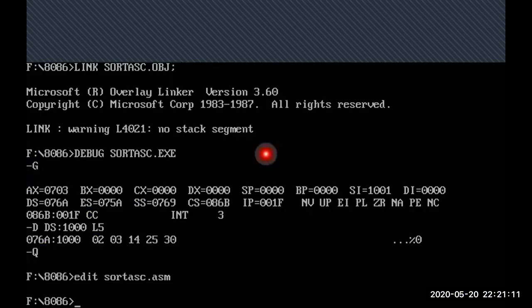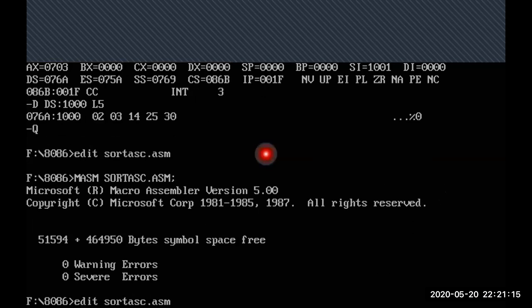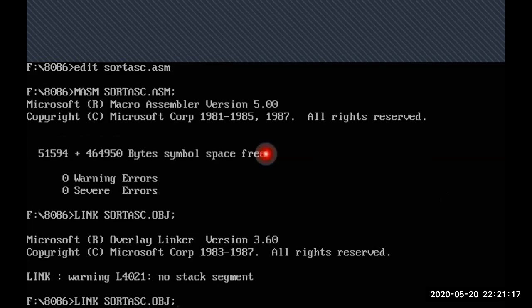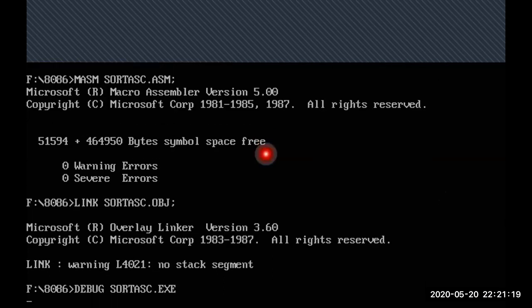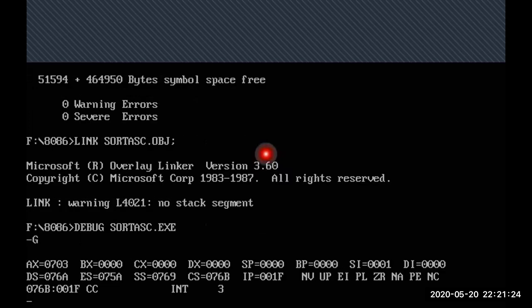So with this I'm executing this program. Alt F X, masm file name dot asm, link file name dot obj, debug file name dot exe. Now G. Where do I have to see the value? D is for display, DS colon. What is my initial address? 0000.